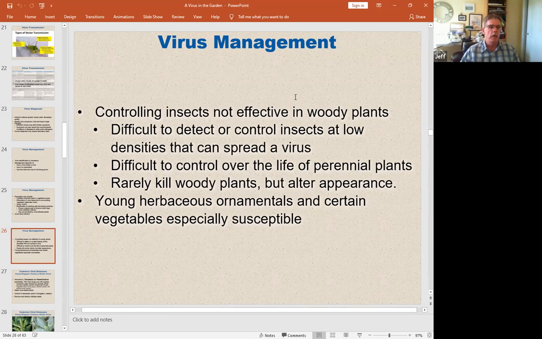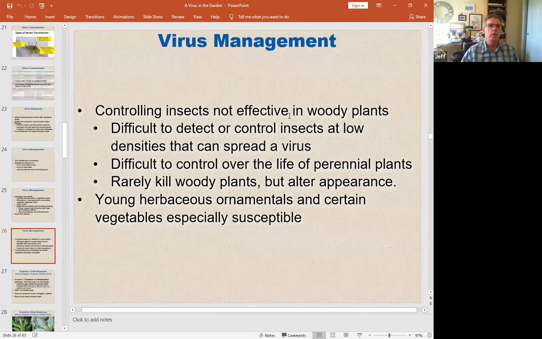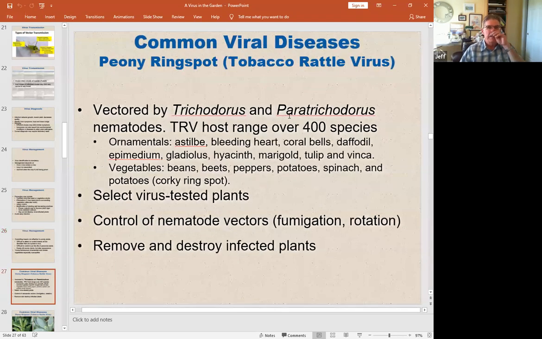Most problematic, and probably what you're going to be most familiar with, are young herbaceous ornamentals, things that are annuals, things that you harvest, they die, and you start again next year. And certain vegetables especially are susceptible to viruses. So bear with us here. I'm going to show you common viral diseases and their effects,